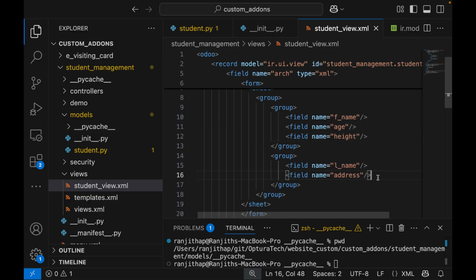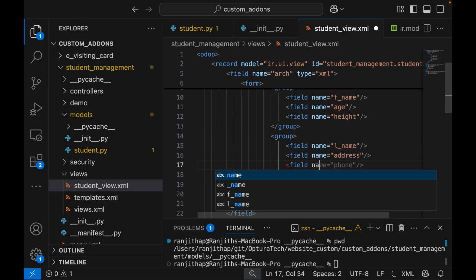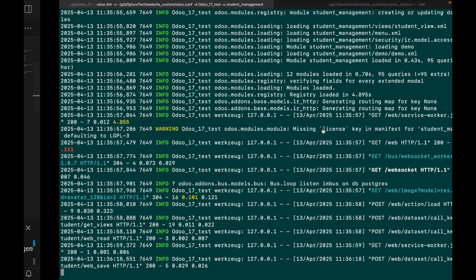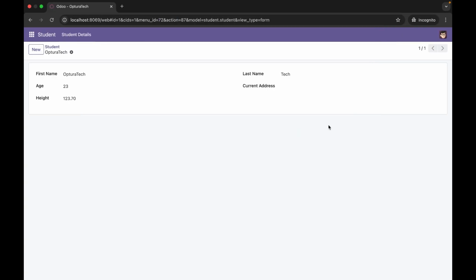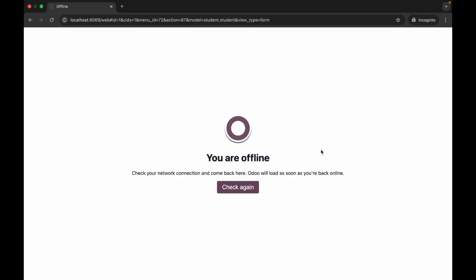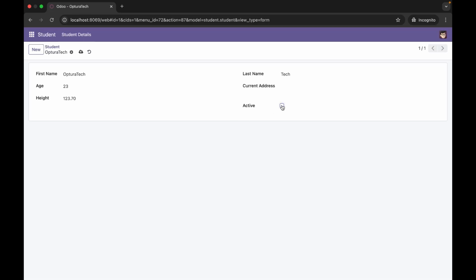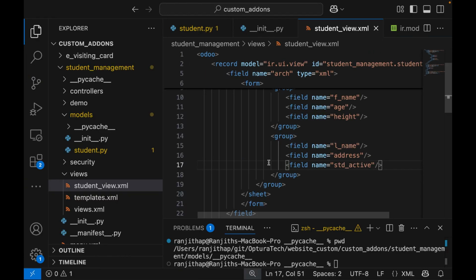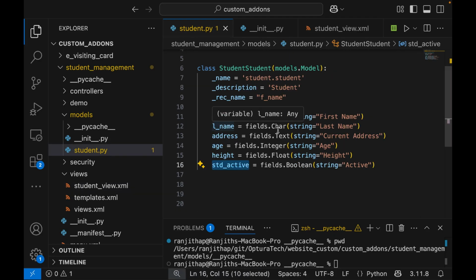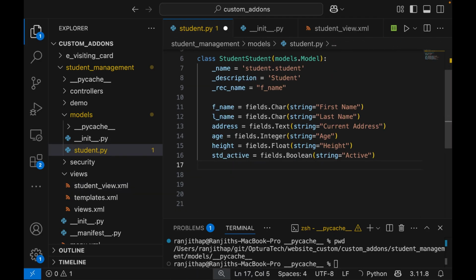I can define next to the address field name equal to active. I am upgrading the module and reloading it. So the field has come here as Active. Here, if you click, it will make it true. If you remove it, it will mark it as false. So this is the Boolean field. And next is the date field. Suppose you want to save the joining date, we can define a field joining date equal to